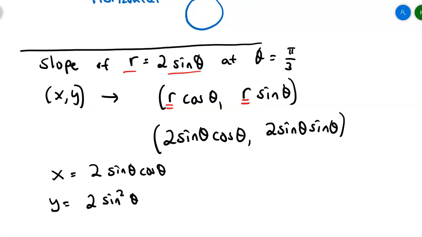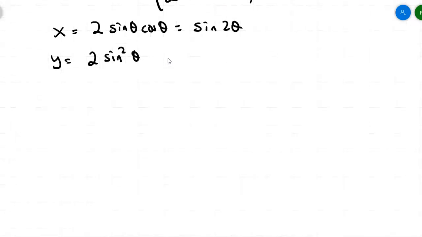Hey, that first guy, that sine theta cosine theta, do we know a formula that could help us out with that? Isn't 2 sine theta cosine theta the same thing as the sine of 2 theta? So maybe that looks a little bit nicer. All right, so I've taken my x's and y's, I've converted them into polar form, and now I've got representations for x and y in terms of theta. Now, let's take derivatives. If x is equal to the sine of 2 theta, then x prime of theta, or dx d theta if you want to call it that, is going to be